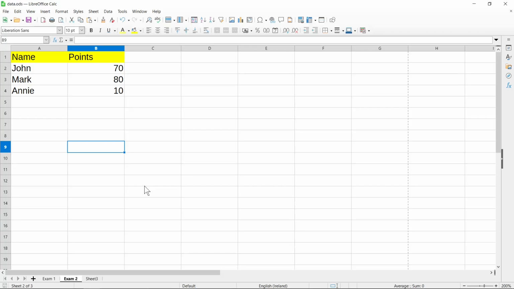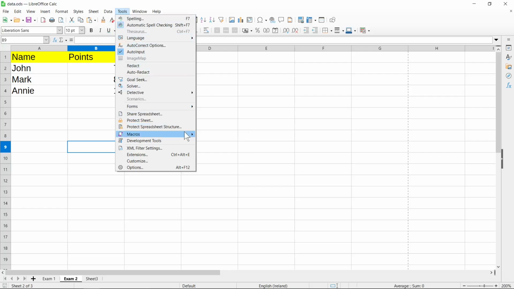Hi, in this tutorial I'm going to show you how to enable macros in LibreOffice Calc. It may be a really important function in your projects, so I recommend you turn on this option. To be honest, I really often use macros in my projects in LibreOffice Calc, so I recommend you use it too. So if you want to enable it, you need to go to the Tools tab on the upper side,